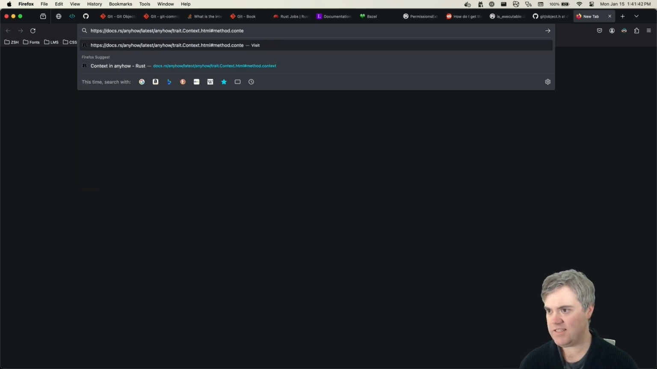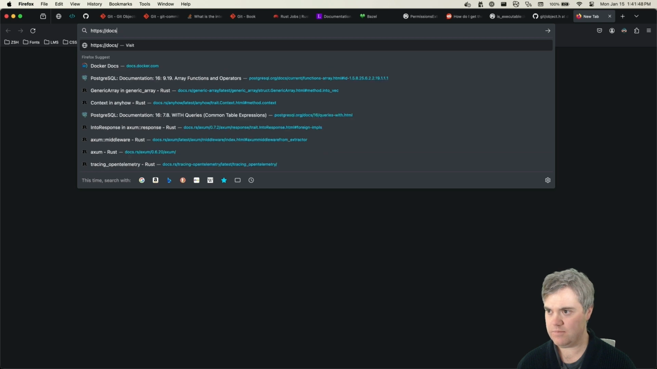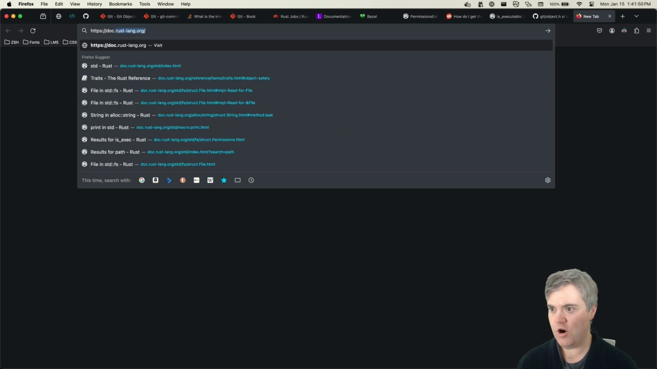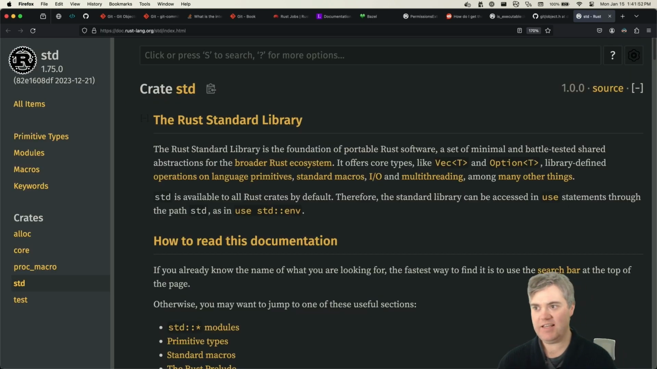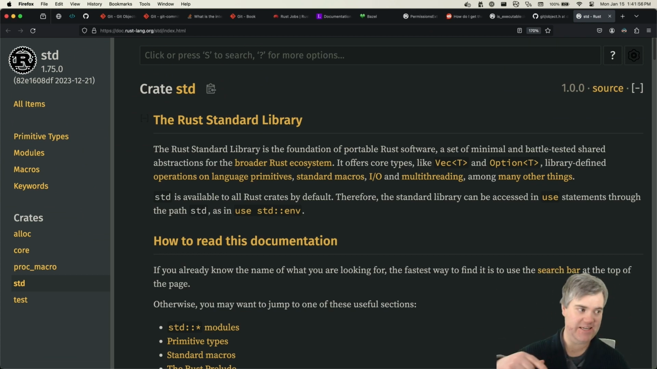Oh, it's not docs, it's doc. Right, if it starts with docs dot, then it's the crates documentation. If it's doc dot, it's the Rust documentation. I keep forgetting that that's how you can see which one's which. All right, so we want